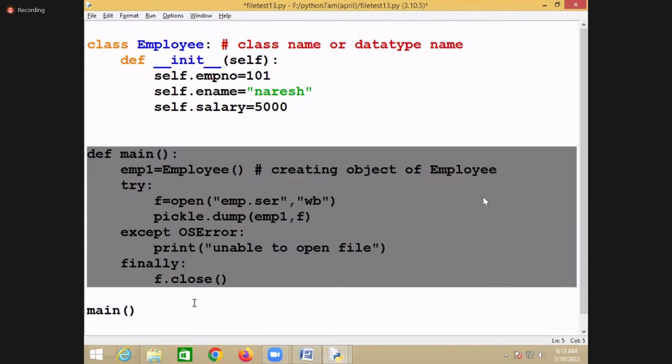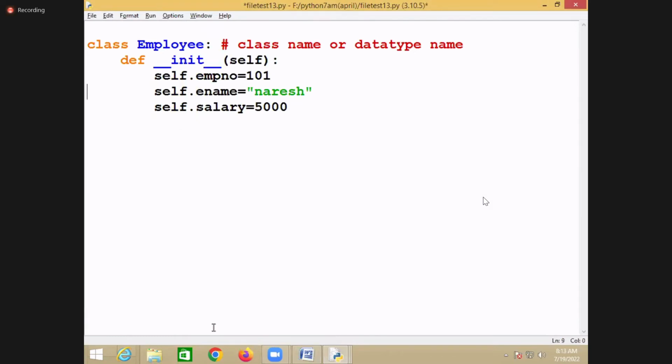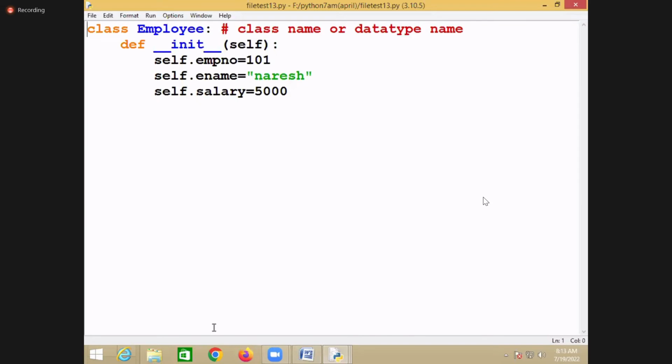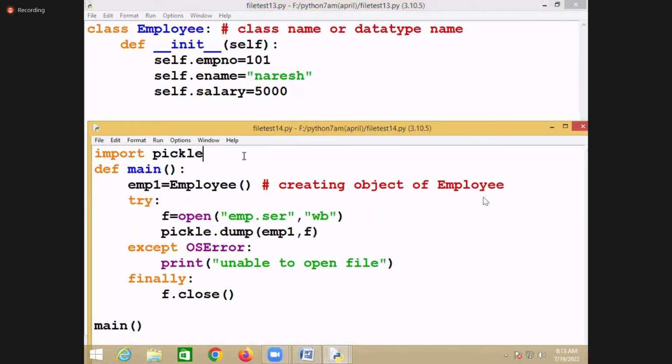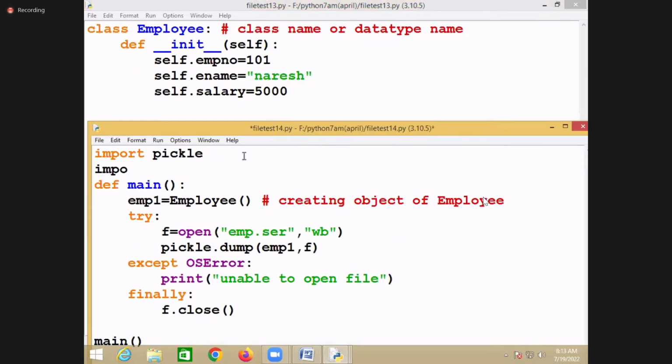This module is having only the data type, and this module is imported here. Why have I written it in a separate module? Because this data type is used in more than one module.